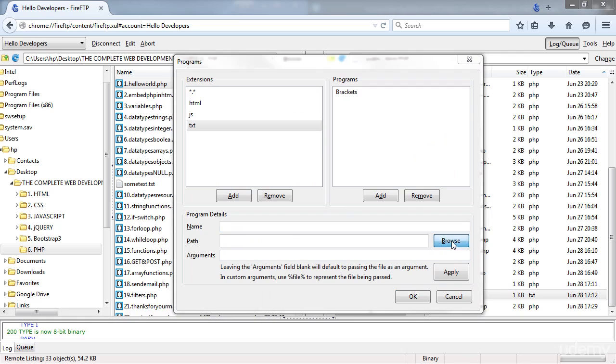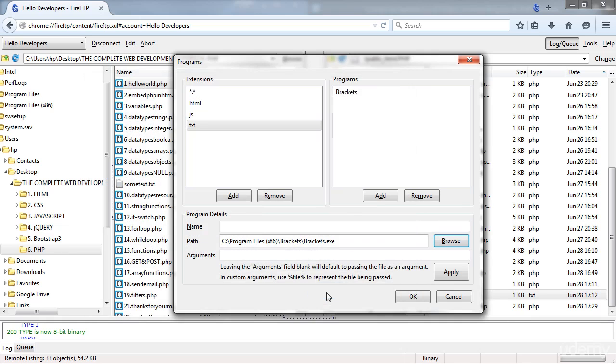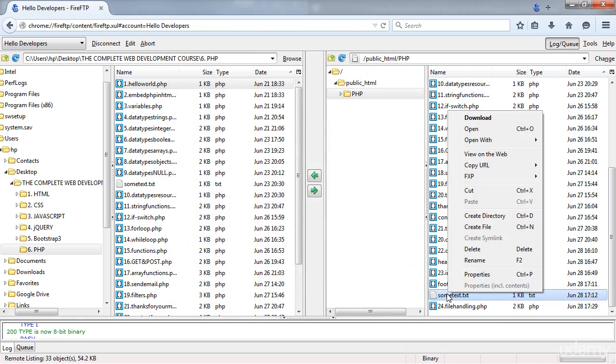You go to where Brackets is installed. For me it's in Program Files, Brackets, and you can see the application there. Just open it and give it a name, Brackets, and then you can add it to the programs. Okay, so let's open this file using Brackets,